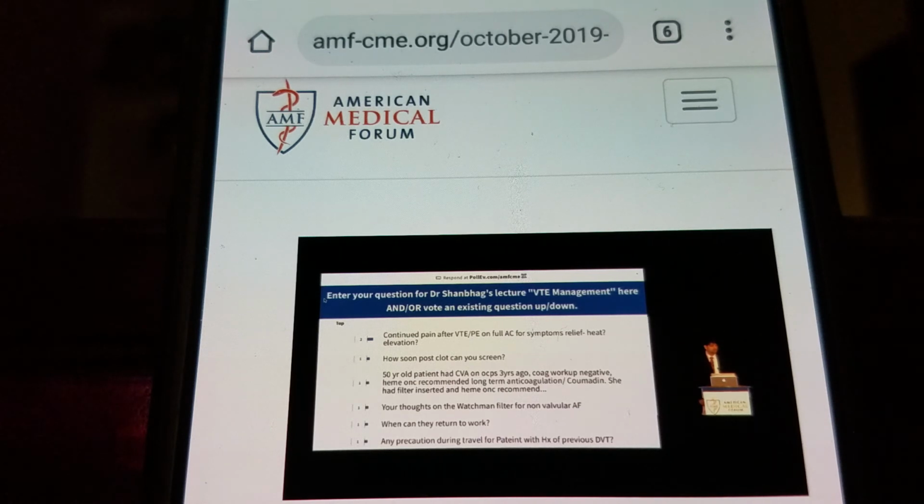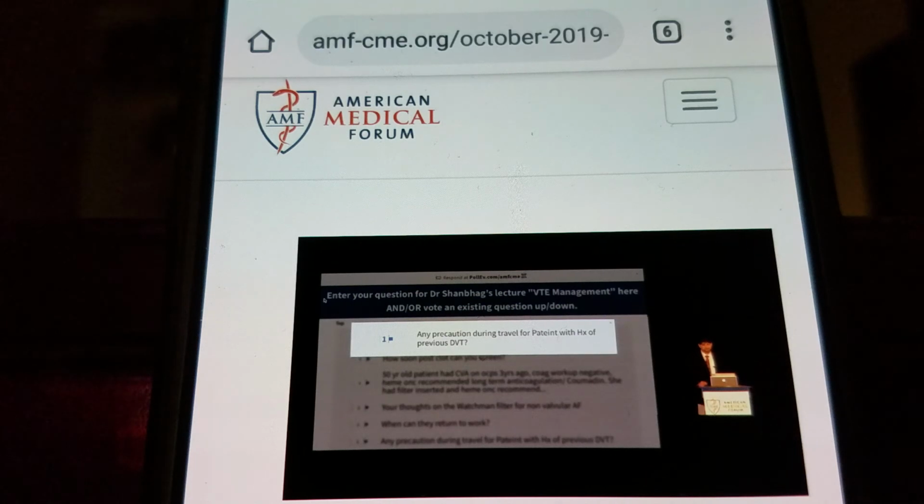In patients who have had a history of a DVT in the past and now need to go on some prolonged travel, do you recommend any type of medication prophylaxis for them? So great question. Somebody who has a history of VTE, it would depend if they have provoked versus unprovoked, but for unprovoked patients generally should be on some form of prophylaxis. So we'll take the case of patients with provoked VTE in the past who are going to travel. There are two strategies you can use. One strategy is to use aspirin, 20% risk reduction, as I showed you before.